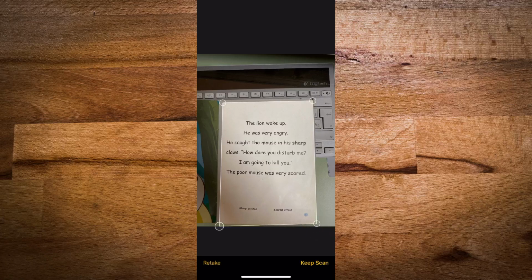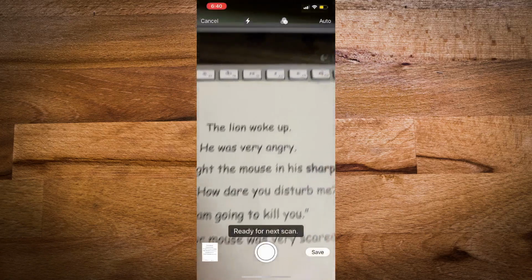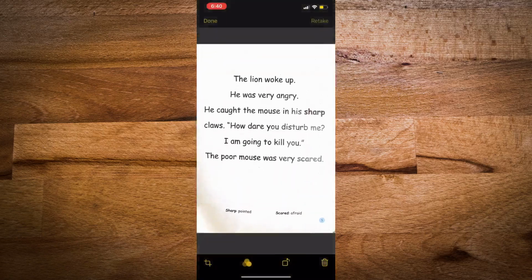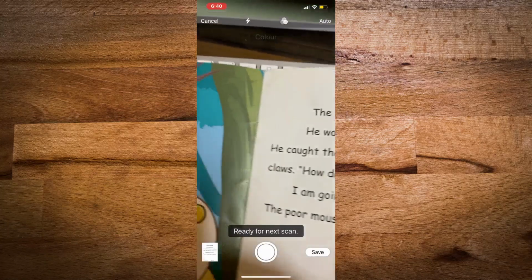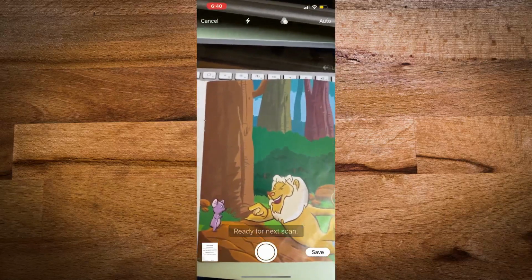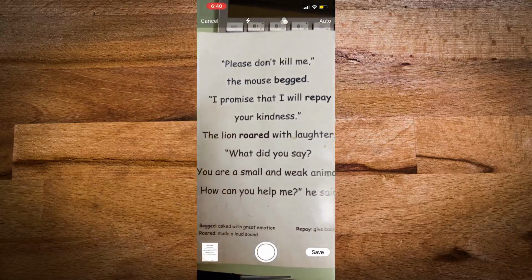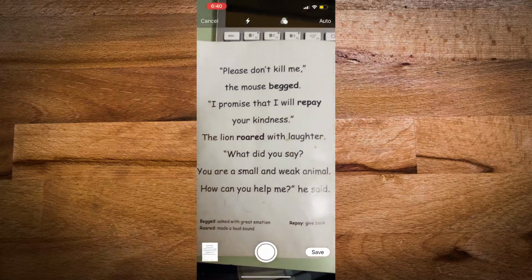You can take multiple pages of scan and then combine them into a PDF document, or you can save it to your computer as well. Now if I try to take a picture of another page, as in here, just tap to another page, take a picture of it and choose the corners and save them.